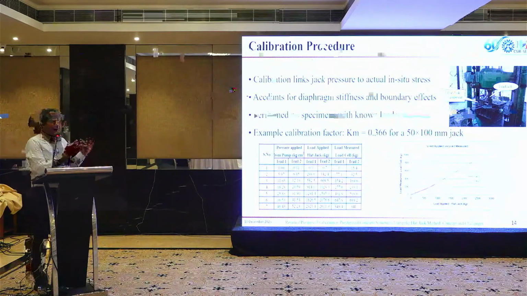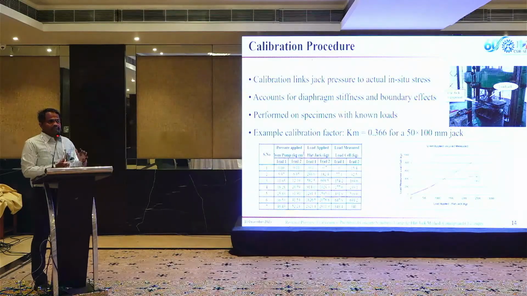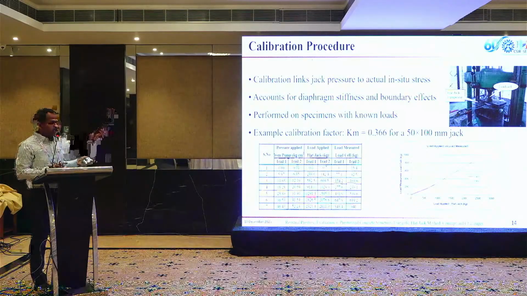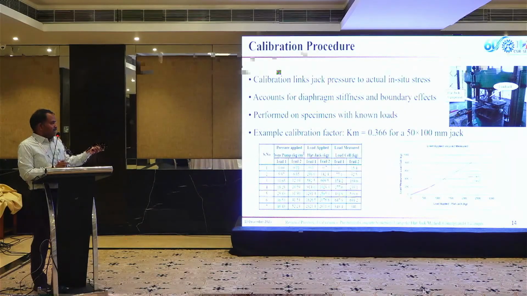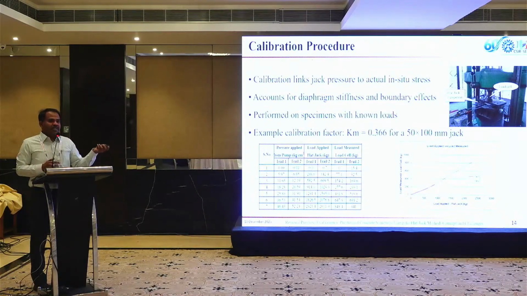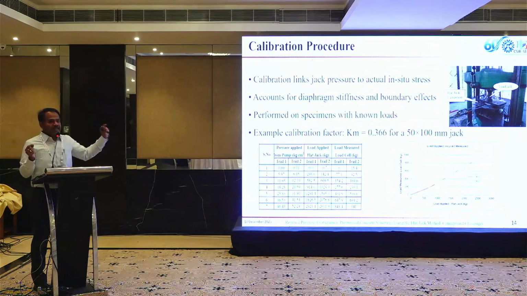Before applying the flat jack in the concrete, we have to test what is the relation between the pressure applied and the stress available. So a simple test using a CTM has been done to evaluate what is the force that I am applying with the flat jack bladder and what is the force that is recorded in the system. Based on this, a graph is plotted and the slope is 0.36. That means that if I apply 1 MPa of pressure in the flat jack, it restores 0.36 MPa in the